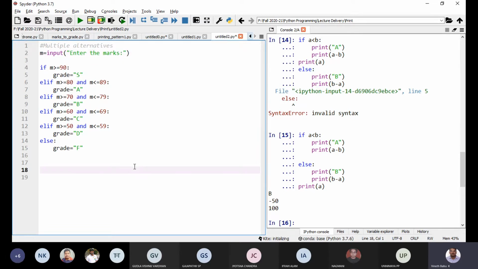We know that the input method by default returns the data type string. So this m is a string. If you just execute this, it will show an error, or maybe it may display the else part, because it's not falling in any of the categories. So you need to convert this to integer.